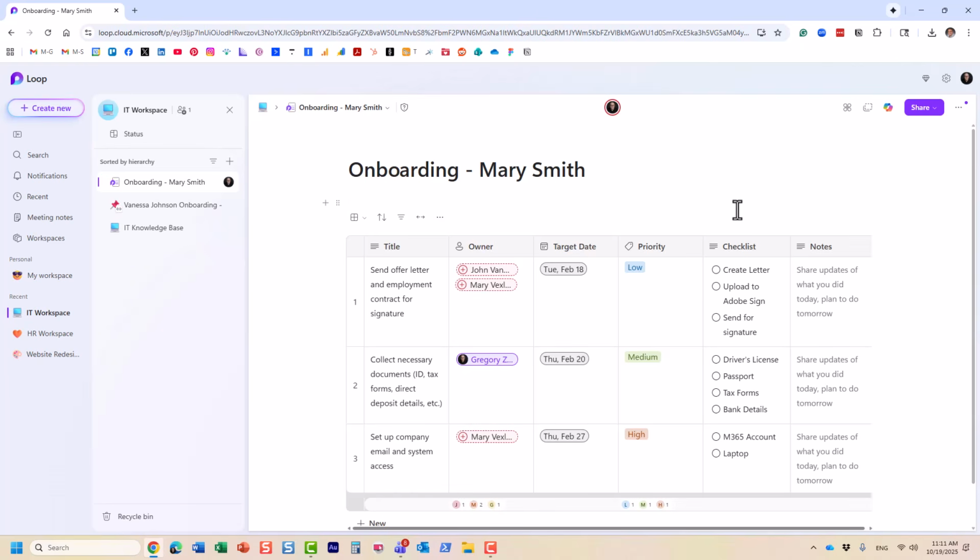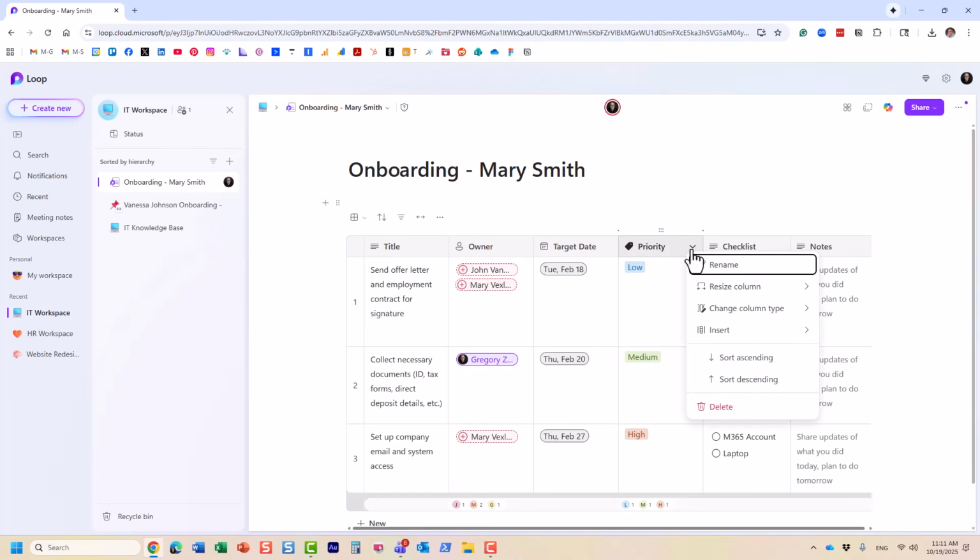Now, let's talk about some interesting facts and advantages of label groups. So first of all, you can change them. You can add different values. Let me show you how easy it is to do. So I click on the drop-down, change column type,